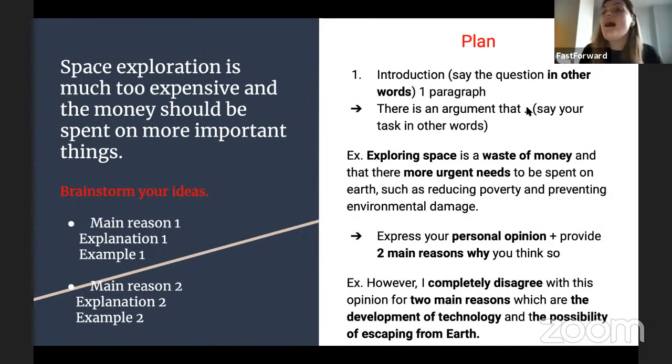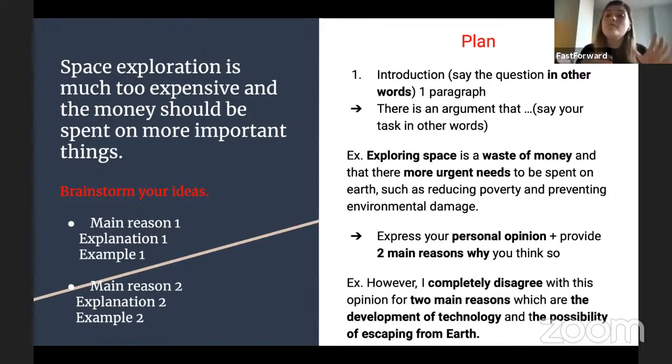After that, you definitely need to start paraphrasing your topic. And this is the way I'm doing it with this particular task. You see that "space exploration" is a complex noun structure. So I'm trying to paraphrase it into the -ing form, and I'm saying "explore in space." That's exactly what I was talking about when I mentioned that you need to say the question in other words. So basically, I'm talking about the same thing, but I'm trying to paraphrase it in terms of my grammar at least, right? And then I'm saying "exploring space is a waste of money,"